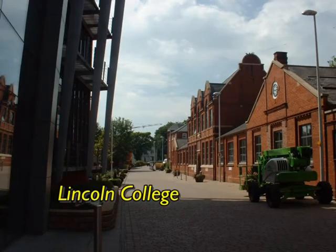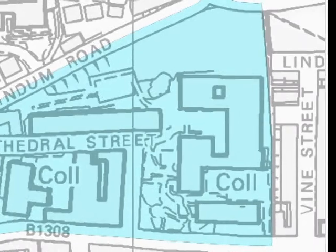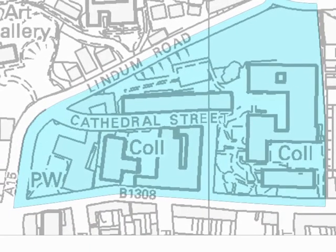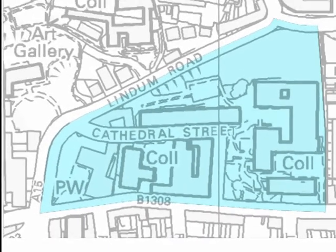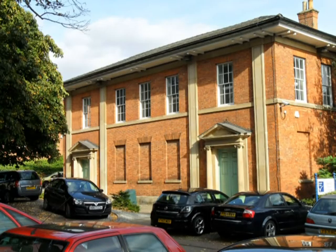Lincoln College, one of the character areas of Lincoln. It lies just to the east of the city centre and forms a triangle with St Clement's Passage to the east, Monk's Road to the south, and Linden Road making a diagonal southwest to northeast. Most of the surviving buildings date from the Victorian period and later, except for the Sessions House, which dates to